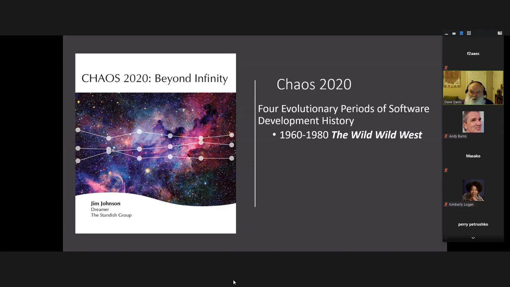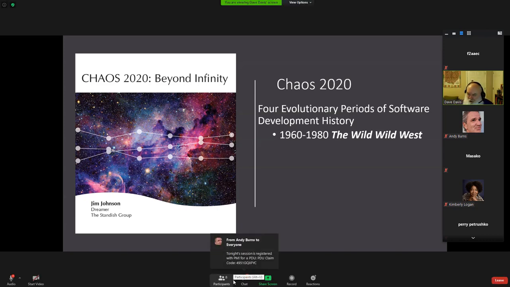But it was kind of a wild, wild west as far as development. Now, there were some significant pieces happening there. I'll say NASA is a good example, because NASA was rocket science, and they had a pretty defined objective: get a man to the moon and back alive by the end of the decade. So they were really starting to build tools at that point in time. And that carried on for a while.